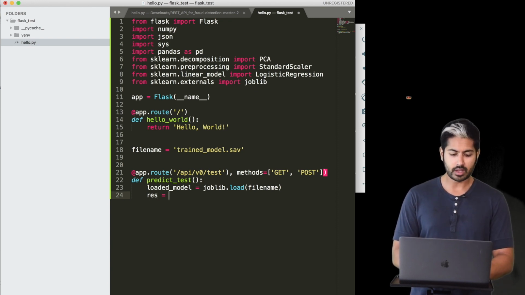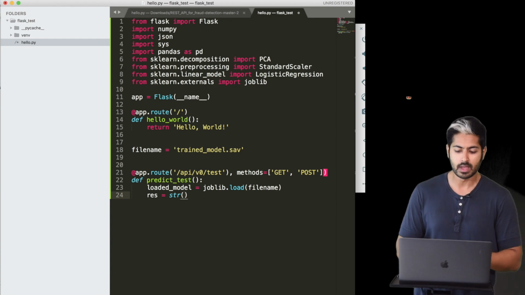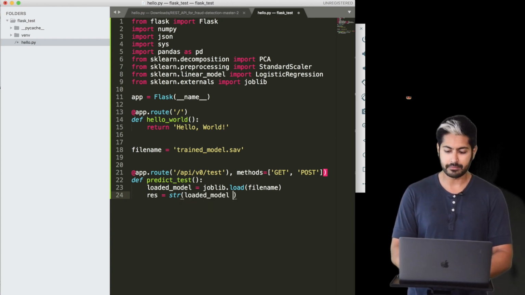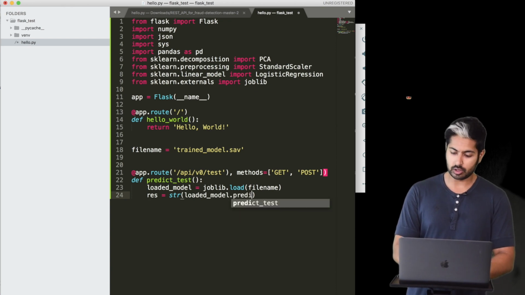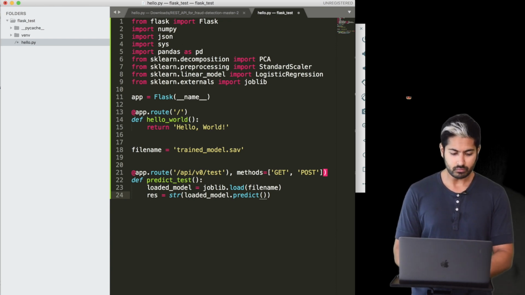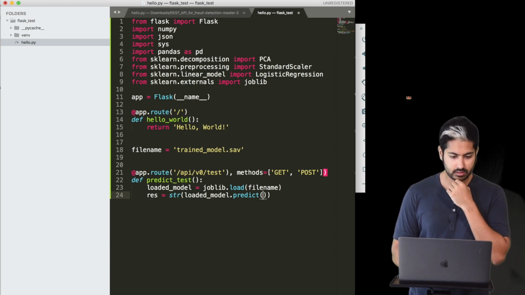And so now we can say, okay, let's get the response from our model. We're going to turn this into a string because we want to display a string to our user. And we'll say, okay, take that loaded model that we have and make a prediction with it. Thank you, scikit-learn, for that nice little pretty predict function. And then we want to make a prediction